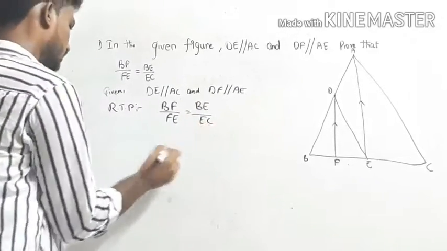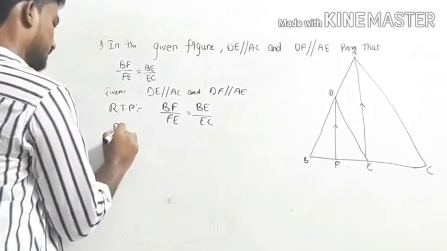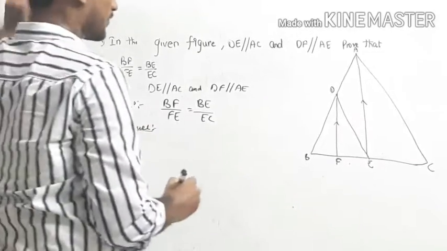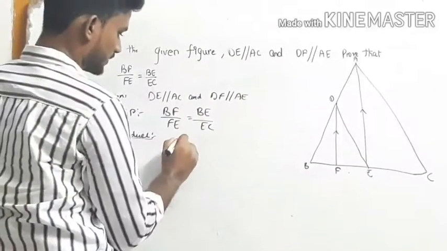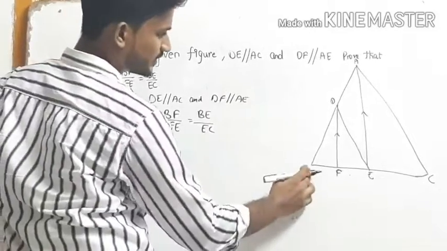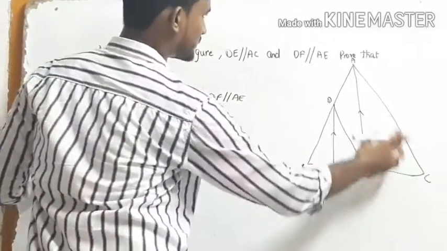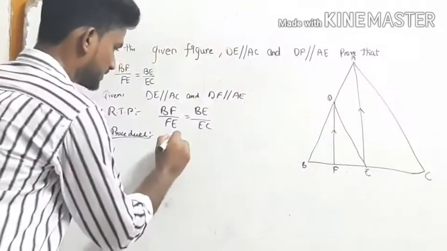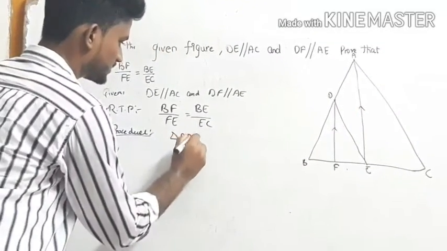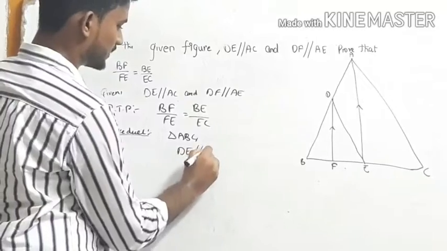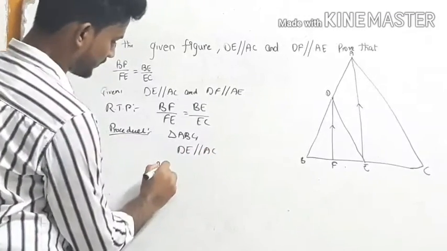Procedure: first take DE by EC, that is in the whole triangle ABC. From triangle ABC, DE is parallel to AC, so by BPT